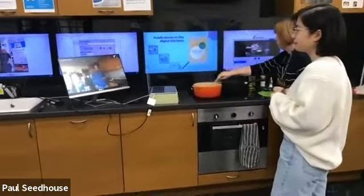Then the next one. Here, as you can see, my iPad is here, and I could also use the iPad to see and to listen to Tom explaining my recipe. But today, I'm using my phone, but I could also use the iPad. Okay, so now next is